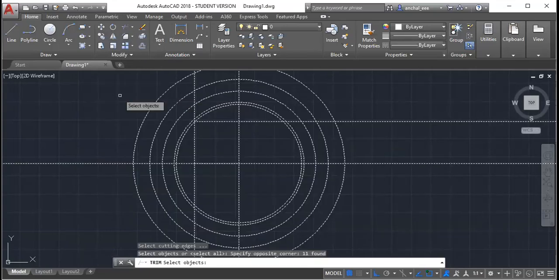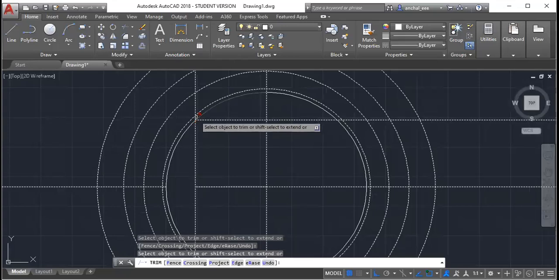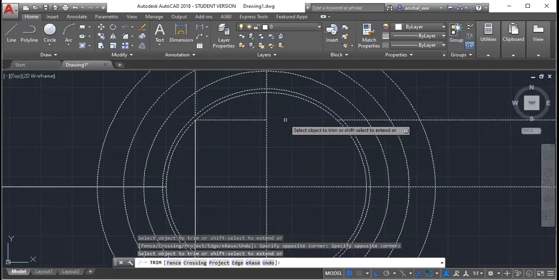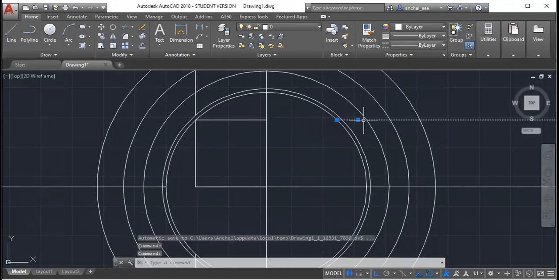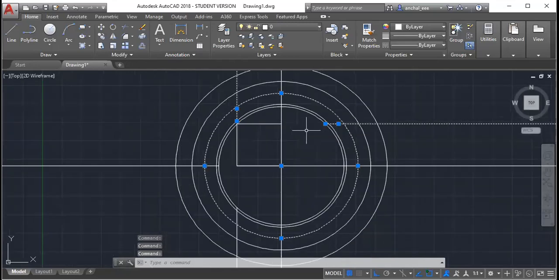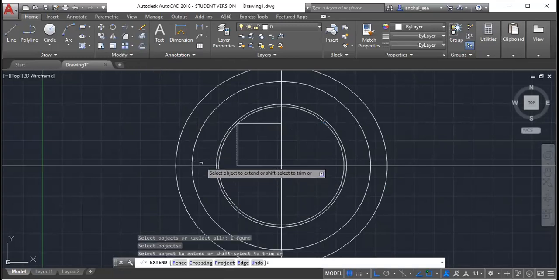So we will select it and we will trim this. Now select this line and this line and this line. We don't need it, and delete it. So you will be left with this. I have by mistake deleted this construction line also.